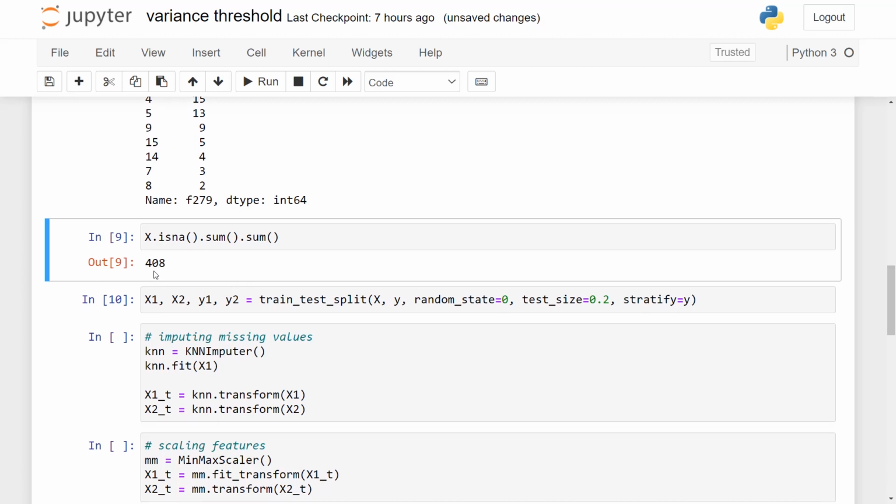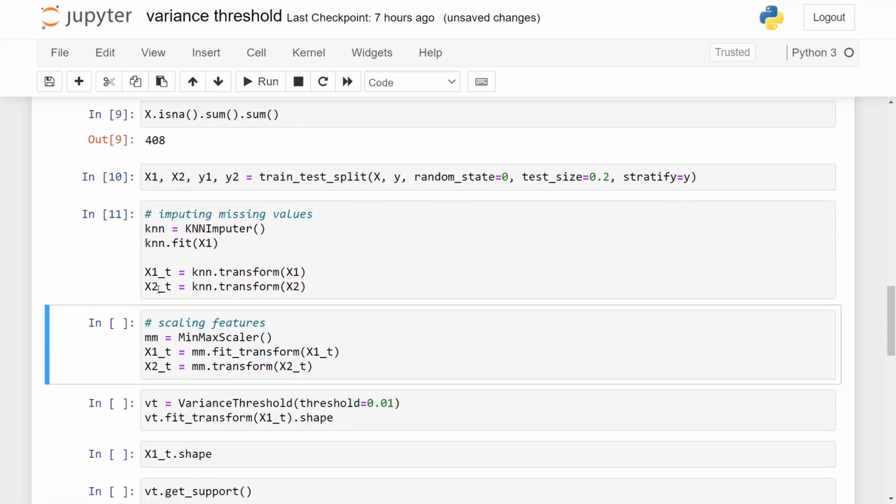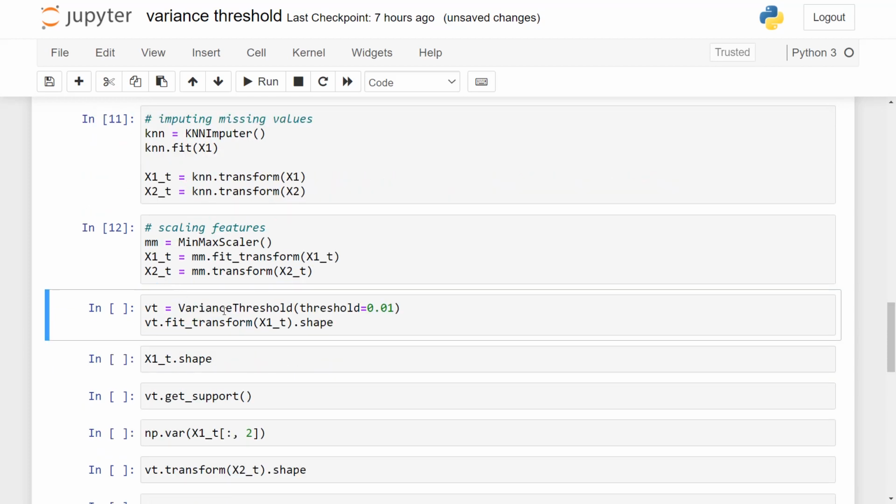Since we have missing values, I'll be imputing them with the KNN imputer. So I'm fitting x1, the training dataset, on the KNN object that I created here, and then transforming x1 and x2 using that object, right? So these x1_t and x2_t don't have any missing values. Now I'm scaling them using MinMaxScaler so that all of them now have values between 0 and 1 only, right? Now is the time to use variance threshold.